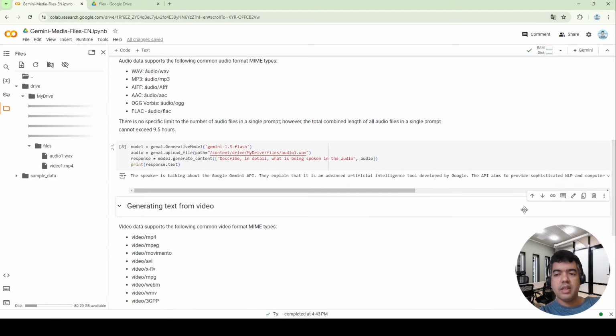We can see that our example was executed successfully. The speaker is talking about the Google Gemini API. They explain that it is an advanced artificial intelligence developed by Google. Okay. For another example, copy this